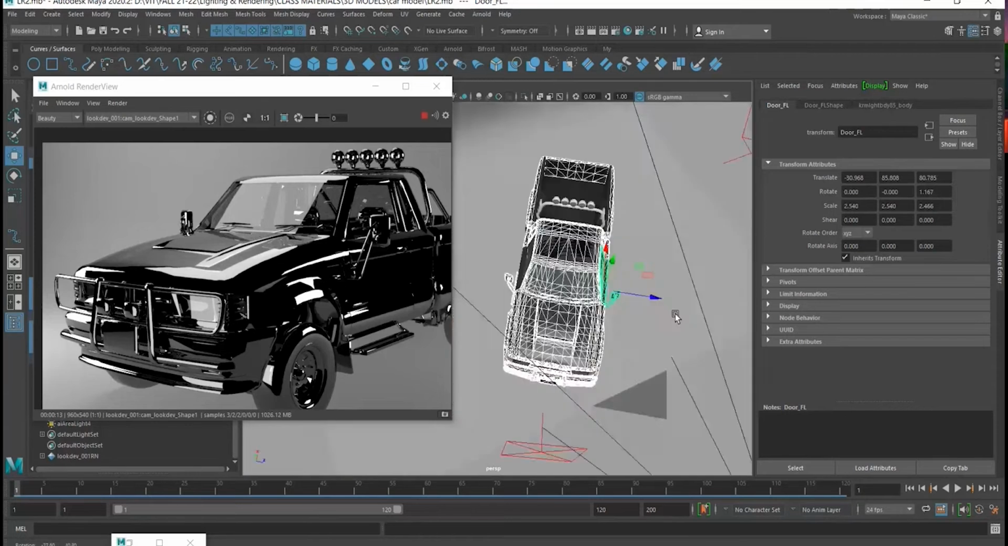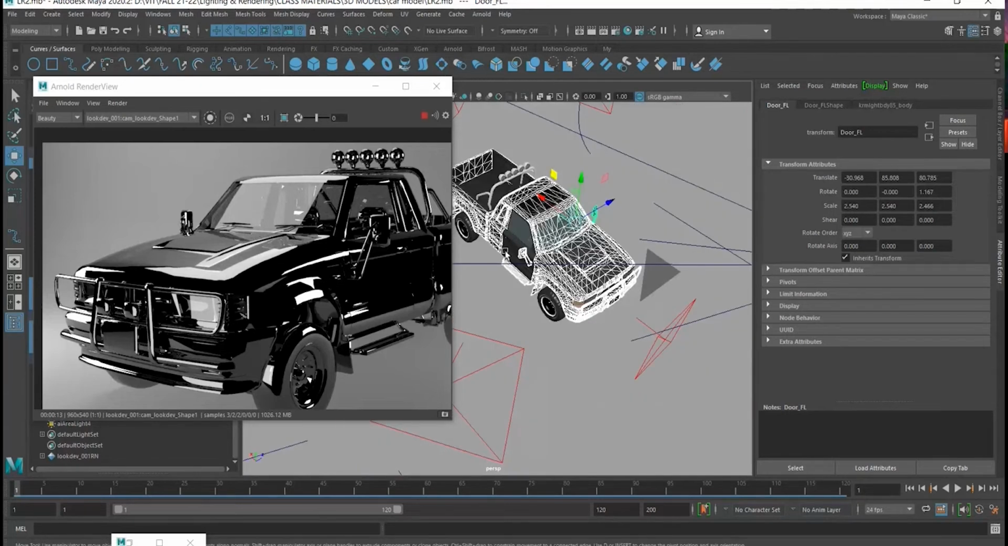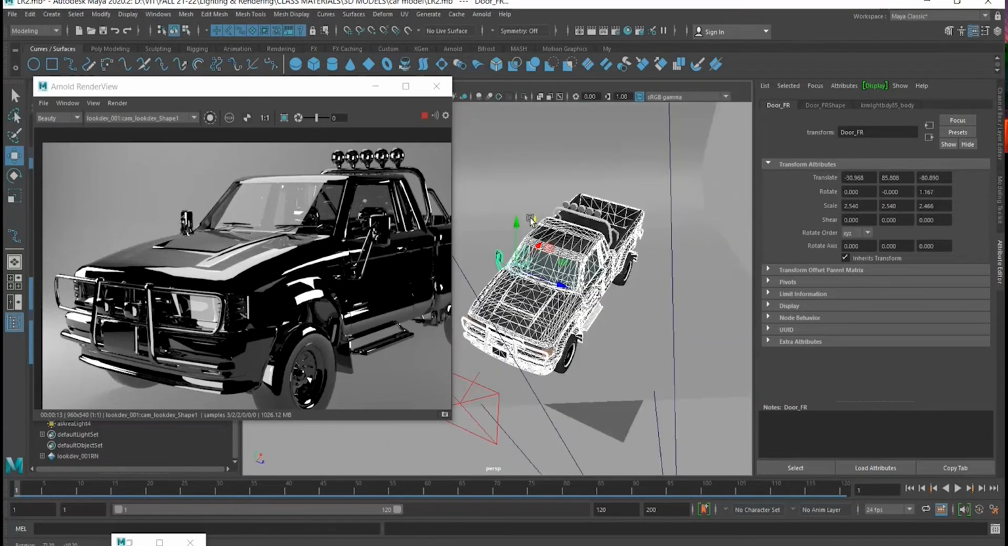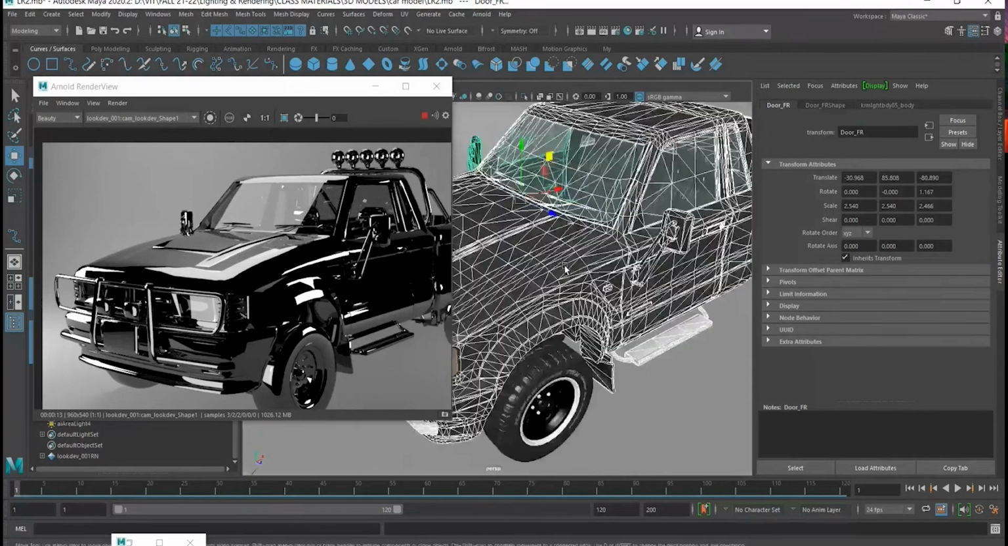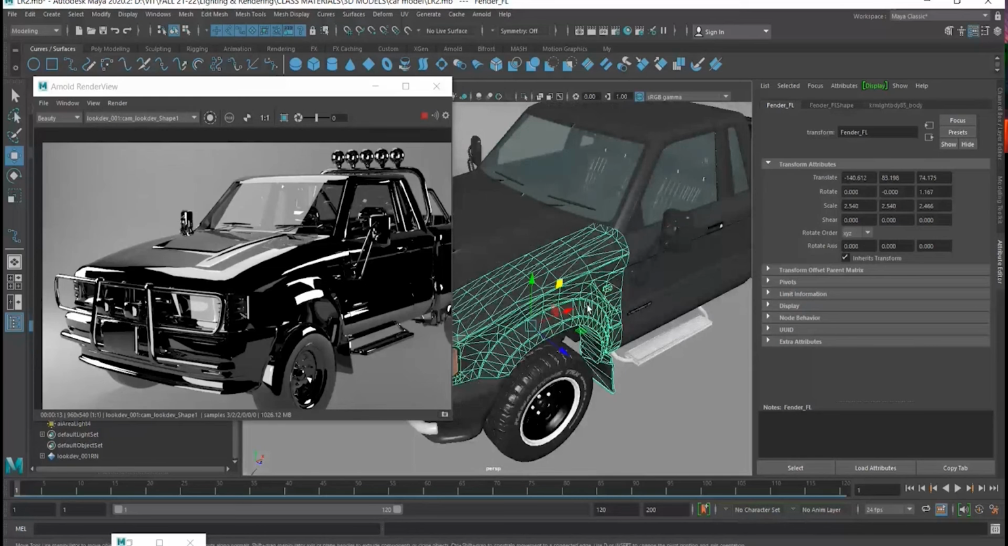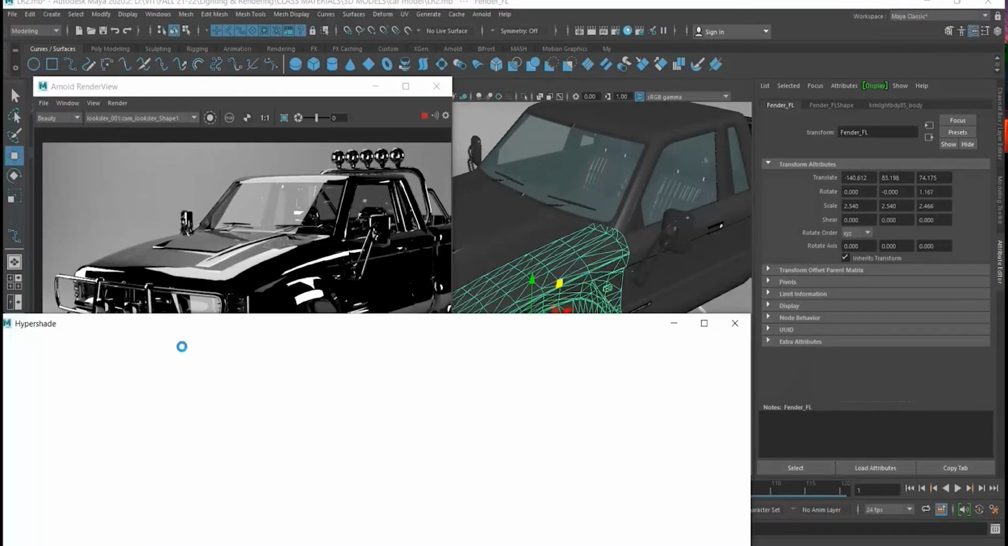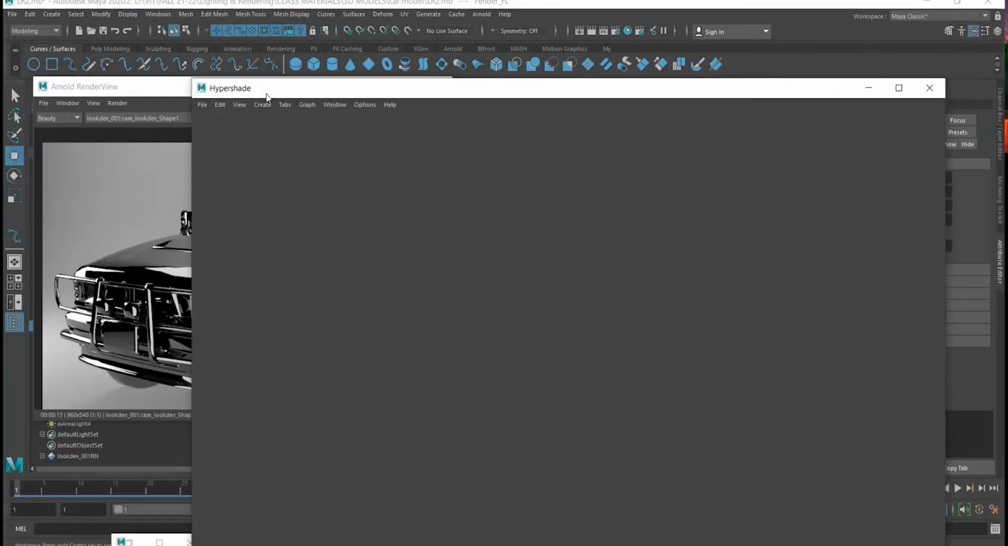Okay, that is a little difficult because you have to search and apply, but there is an easy way to do it. You can just select the model here, then go to your hypershade. Then in the hypershade,